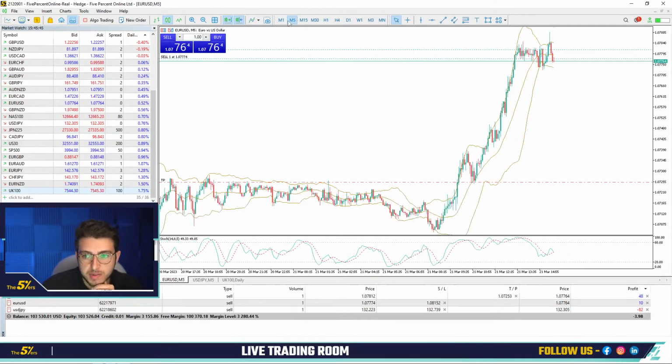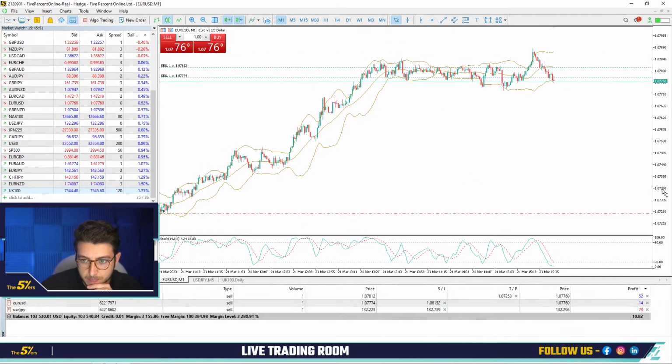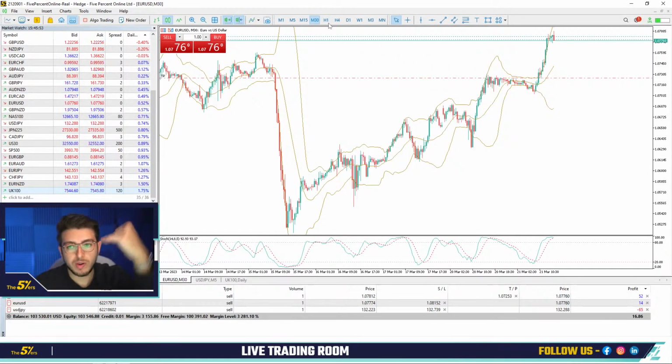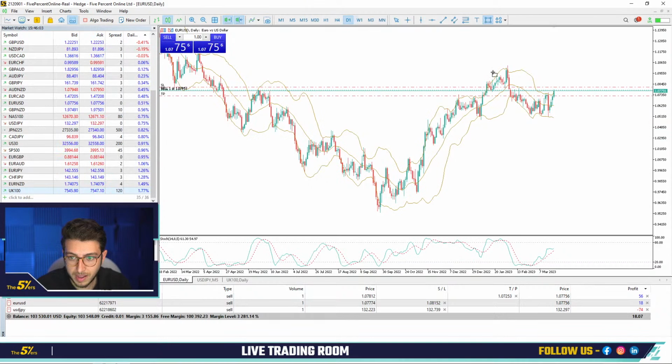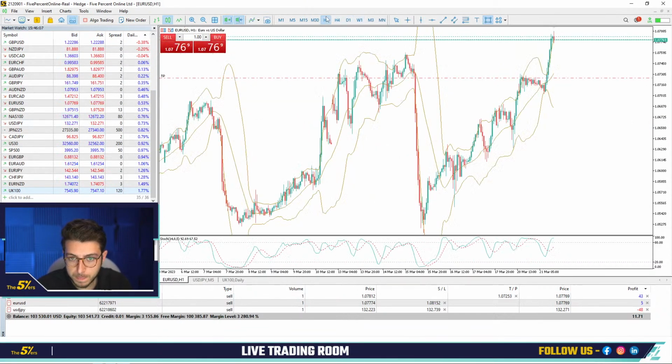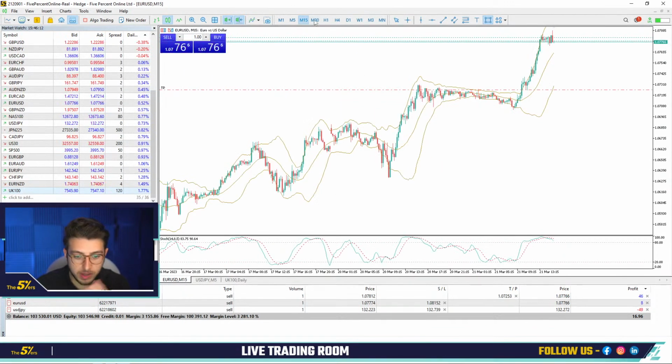Yeah, it's resistance, but I think right now it's only patience that will pay off. There is always a zone where you can sell the market, and here I'm not waiting for the market to go to 1.084 because it will be over the risk I can take. I agree, here can be a place where you can sell, but I'm not expecting the price to. I won't make a sell at 1.084.